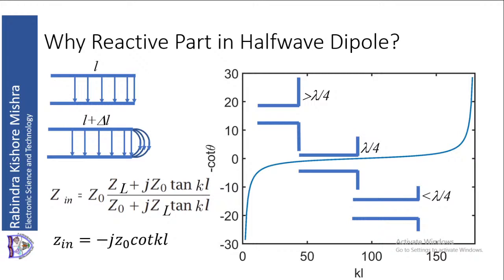So look at the antenna as a transmission line. As we have discussed in the beginning of the antenna, we have said why antenna radiates. We have said that we consider a transmission line, two-wire parallel transmission line. If we consider a simple two-wire parallel transmission line, that is not going to radiate. We have seen that the field between these two wires is tightly coupled between the two wires, so that field